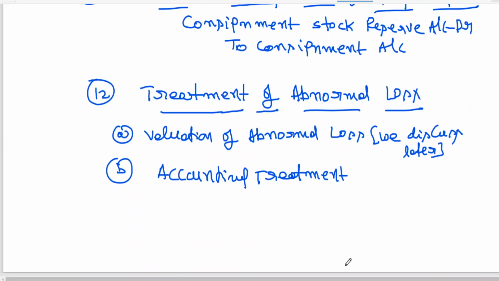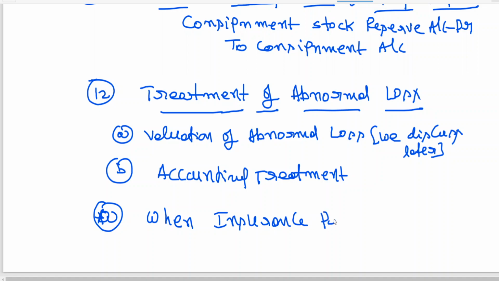Suppose here, A, when an insurance policy is taken. See, at the time of sending the goods, as I told you, godown insurance is taken to protect the goods lying in the consignee's premises. This is what is called when an insurance policy is taken. Insurance policy is taken for goods in transit, and insurance policy is also taken for protecting the goods in the consignee's premises at the godown. So in both cases, if an insurance policy is taken,